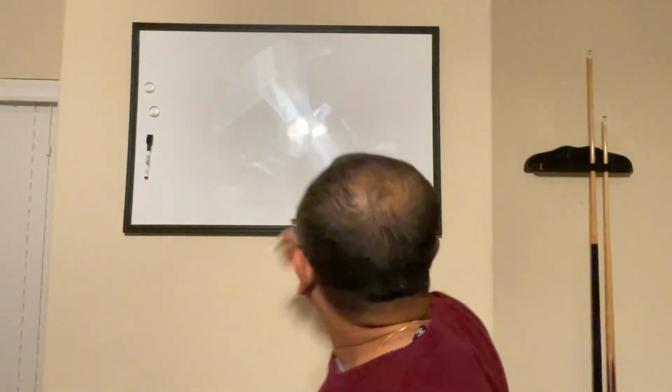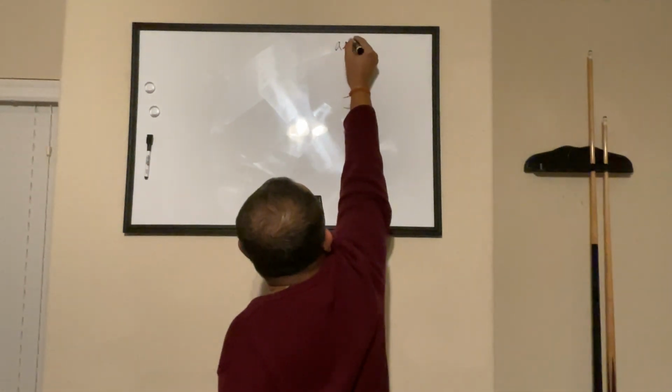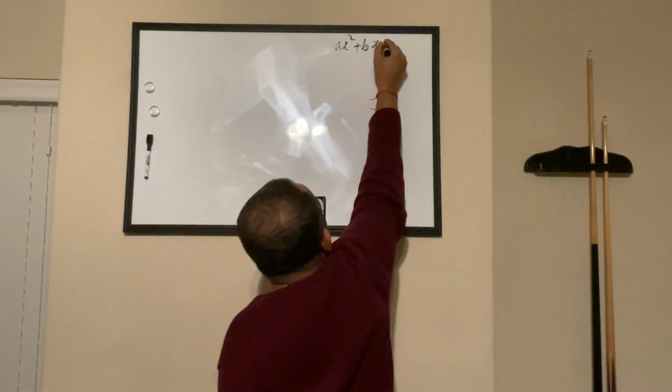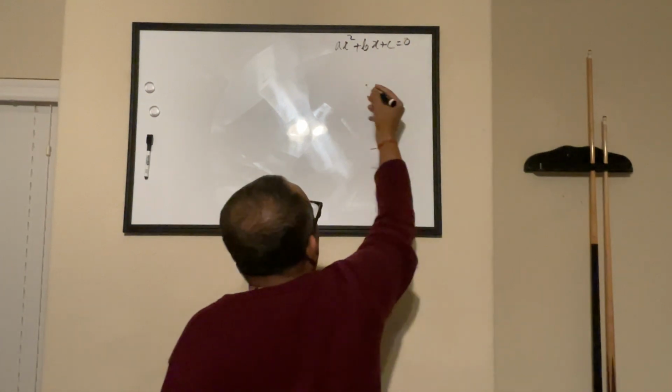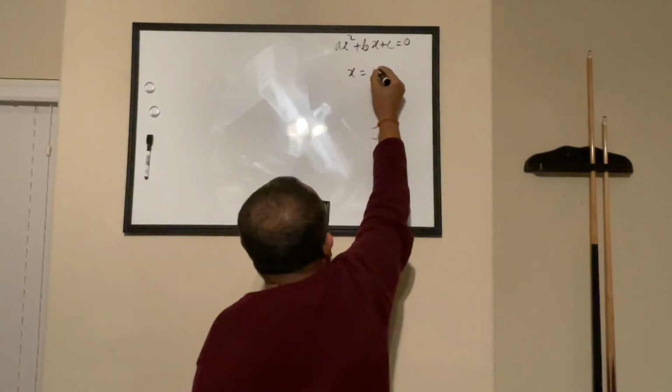And I will write something at the corner of this one. x squared plus bx plus c equals 0. It's a quadratic equation, and this is called